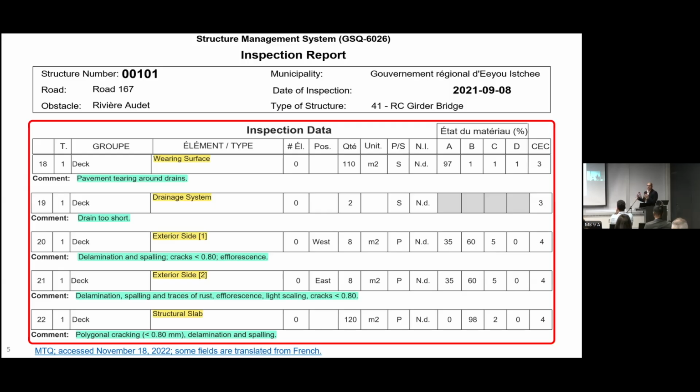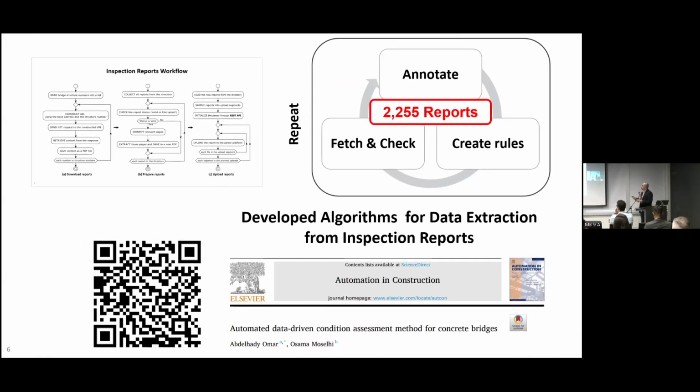So how can we collect this data and transform it into a useful format that can be used in data analytics and to develop asset management tools, for example? The first step is to collect this data from different sources, hundreds of inspection reports, and store it into one repository. We collected this data first, annotated the reports for the useful information that we need, developed rules to extract this data, and checked whether the collected data is